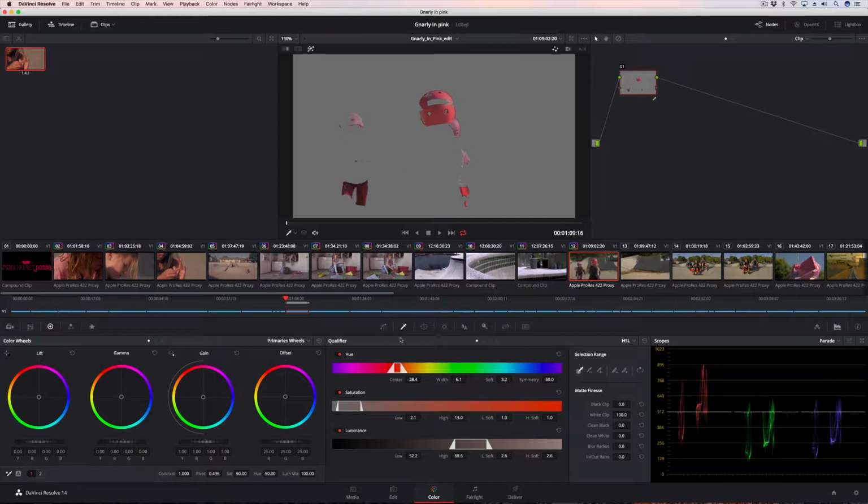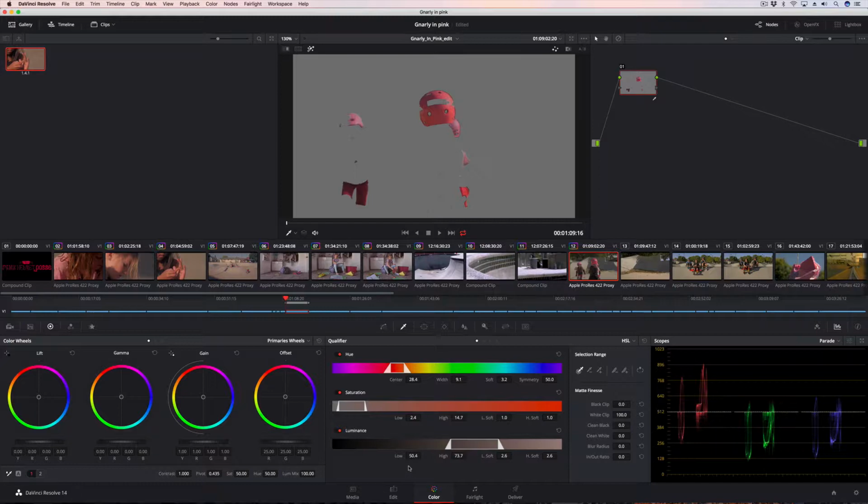And then you can come down and start talking about refining the palette here. And much like a keyer, it takes a lot of practice, but the more you do it, the better you'll get at it. So you talk about refining the parameters and adjusting pretty much the hue width will give you a better, in this shot anyway, will give you just increasing it a little bit, we'll get it. And then coming down to the saturation and luminance, really just the highs and lows. You can just play around with those just a little bit on both of them to get a good key out of this